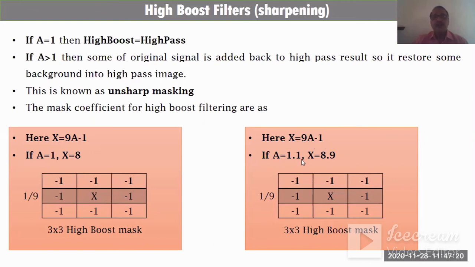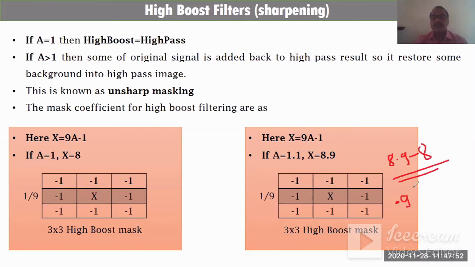Okay, आता ह्या सिच्युएशनला बघा, in this situation x is equal to 9A minus 1 and A is equal to 1.1. आता इथे a ची व्हॅल्यू 1 घेतली आणि इथे a ची व्हॅल्यू 1.1 घेतली आहे. तर बघा इथे काय होतंय, so what is the value of x? 9 into 1.1 that is equal to 9.9, minus 1, 9.9 minus 1 is equal to 8.9. So x is equal to 8.9. म्हणजे इथं x 8.9 झालं आणि सगळ्याची सम केली तर किती आली? It is 8. So 8.9 minus 8, so output is 0.9.